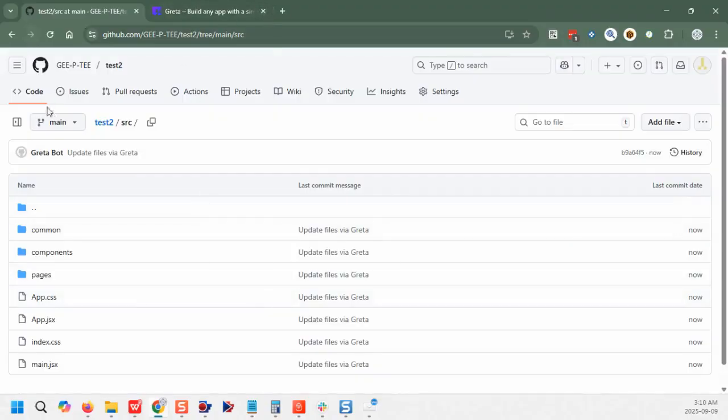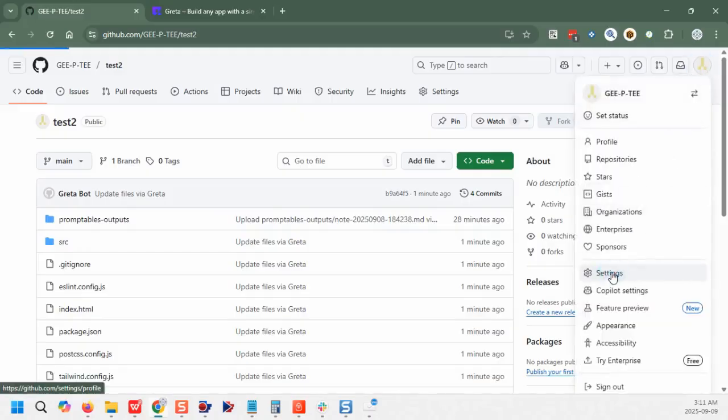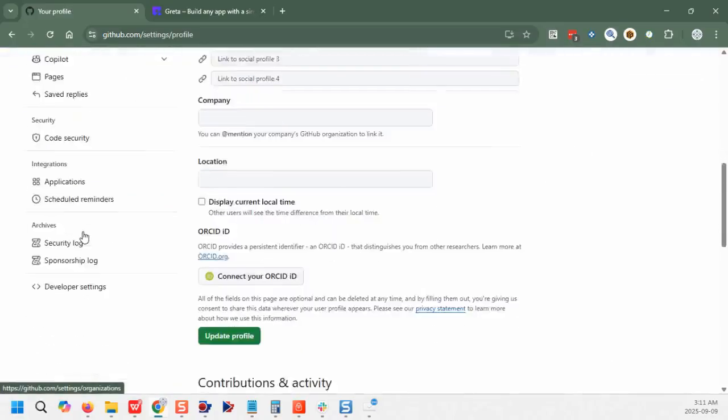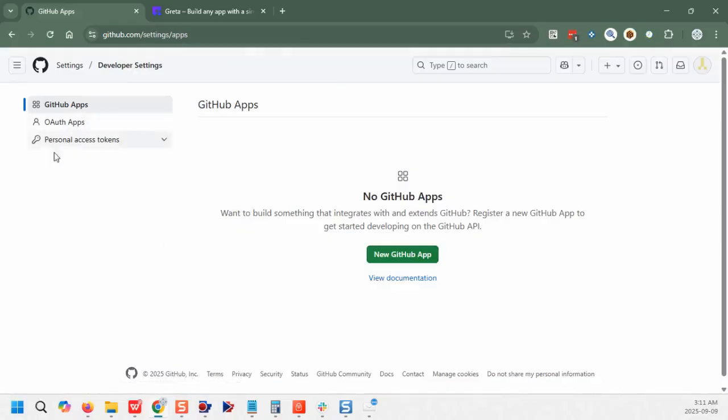So now all we have to do is go back to test. We also have to make sure that it's public. If it is private, a lot of these, when you push, will make the repository private, and all you have to do is go to settings in GitHub, go down to the bottom, developer settings, and you can either get a personal access token if you want to keep it private, or you can also go to